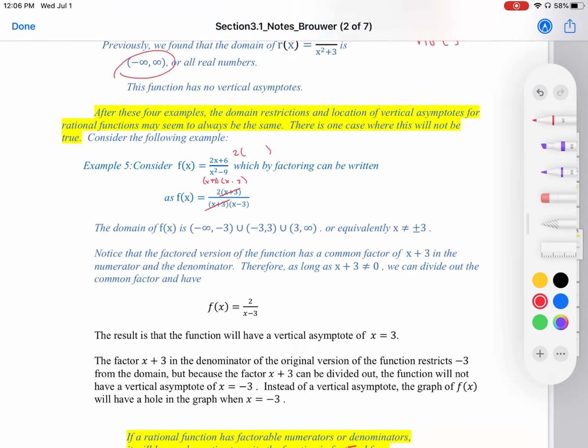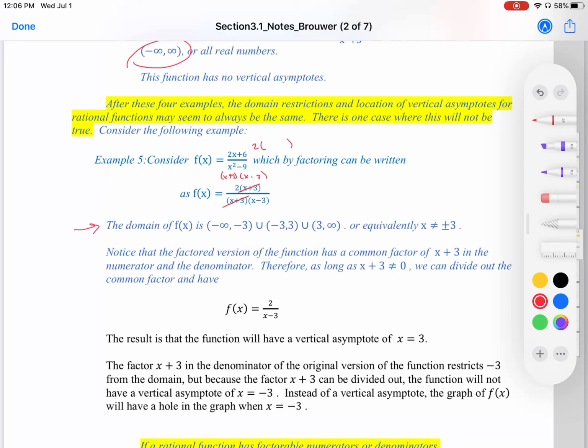So our domain, the domain of f of x is negative infinity to negative 3, negative 3 to 3, and 3 to infinity. Equivalently, x does not equal plus or minus 3. Notice that the factored version of the function has a common factor of x plus 3 in the numerator and denominator. Therefore, as long as x plus 3 does not equal 0, we can divide out the common factor, and we have